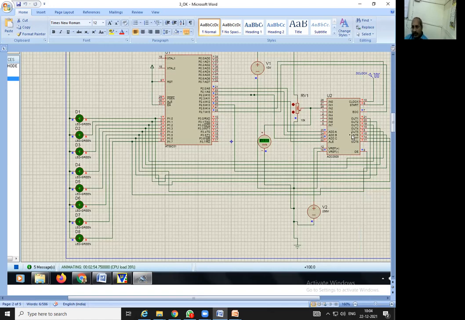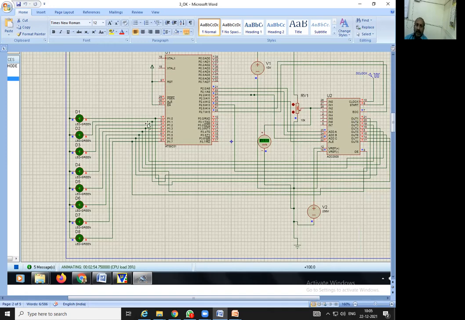At the output of this ADC, as you can see, the diagram looks very complicated, but it is not that much. If you get the logic behind it, it is easy to understand. For each output, one LED is connected: 1 2 3 4 5 6 7 8. 8 outputs are there, so 8 LEDs are connected to each of the outputs from the ADC.